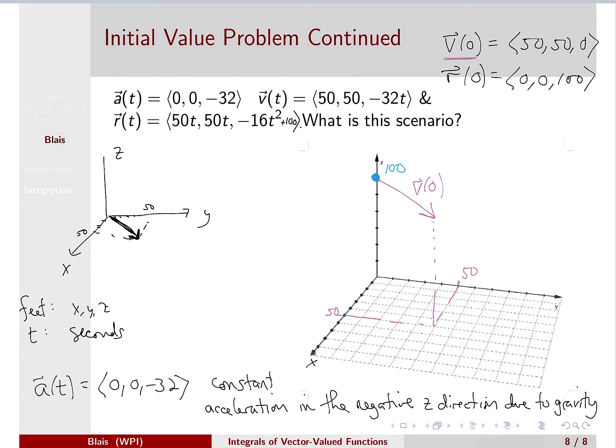Our initial condition r naught, that's our initial position. So we can think of it as we're standing atop a 100-foot cliff or a 100-foot building. v naught is our initial velocity. And so it's like we're throwing a ball or a rock off of the top of a 100-foot building. It's being thrown in this direction. The speed, right, so the initial speed